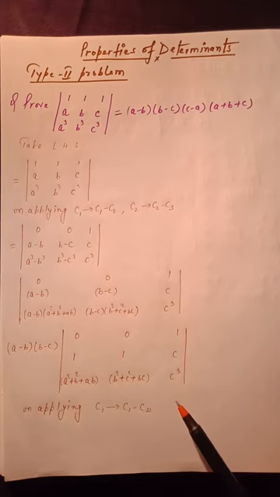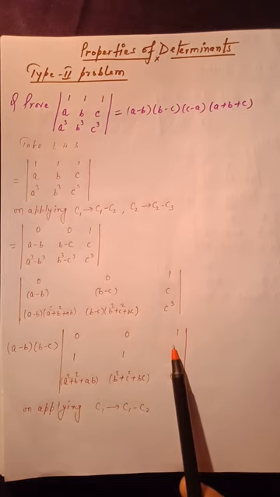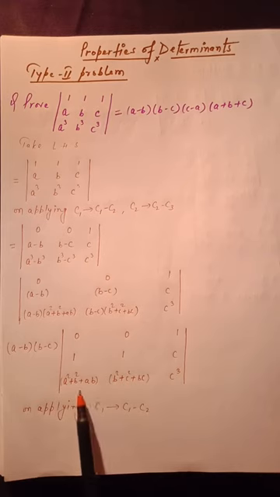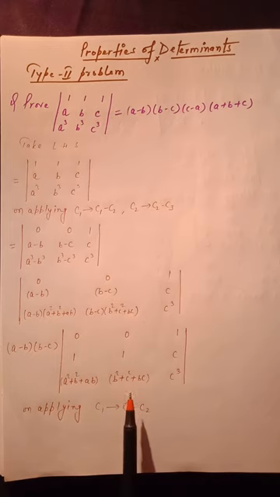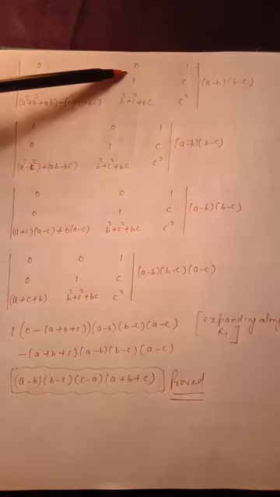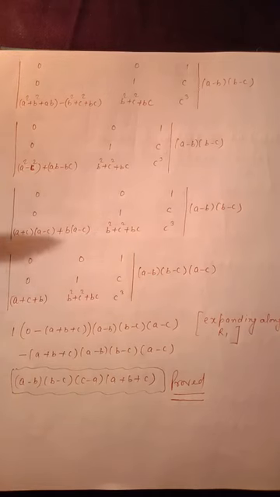Now you can do one thing, you can expand it along row number 1, or you can apply one more operation because we require c minus a also. So for this, when we subtract this number from this number, we will get c minus a. So for this you do one thing, you apply c1 is equal to c1 minus c2. So c1 minus c2 is here, and the c2 and c3 will remain same, and this product a minus b, b minus c is same.